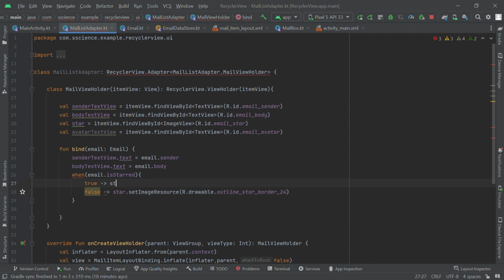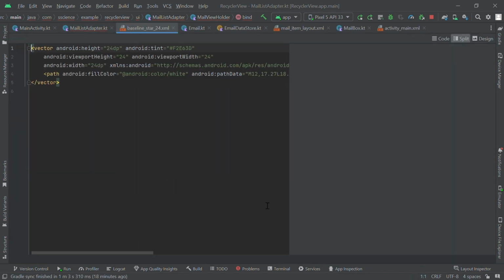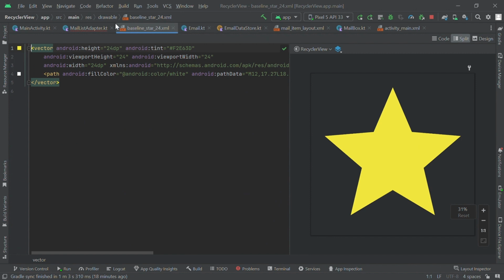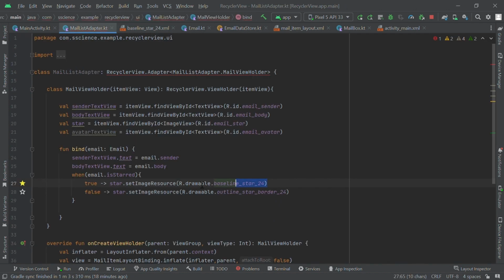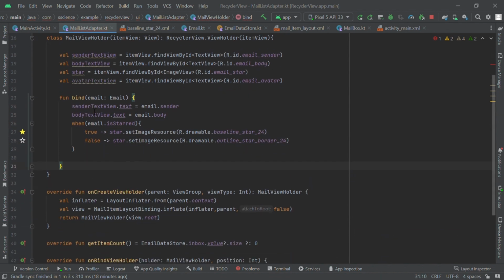So when it's true, then I'm going to add a star. So this star is colored. This one is colored. So it makes sense that once the email is starred, it should show this yellow star, and when it's not, then it should just show an outline star. And finally, we are going to